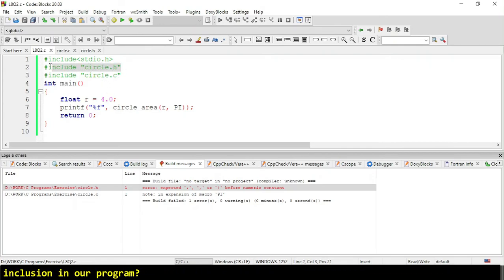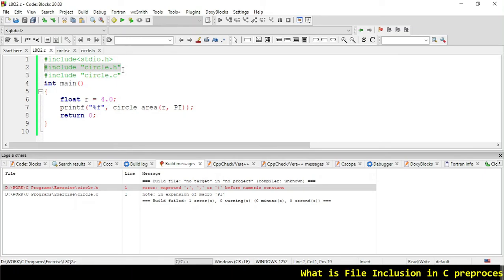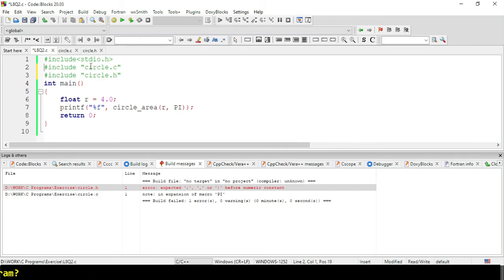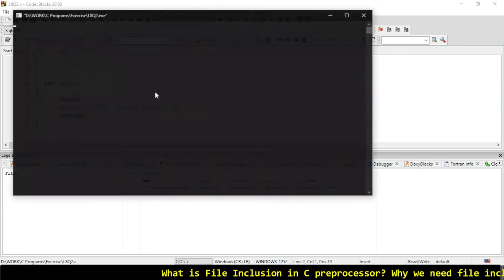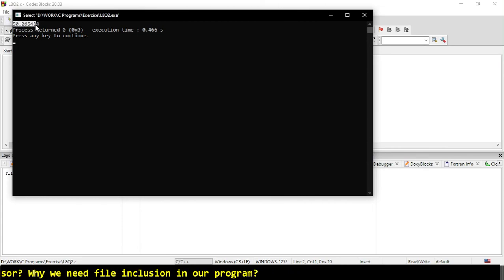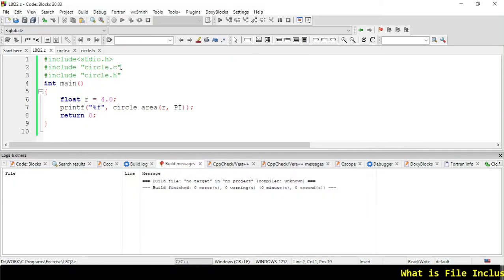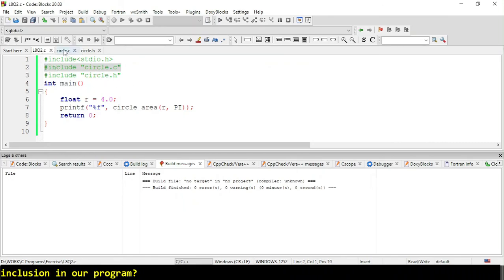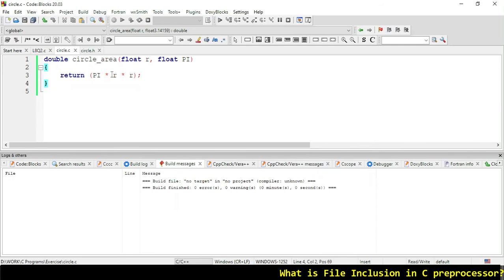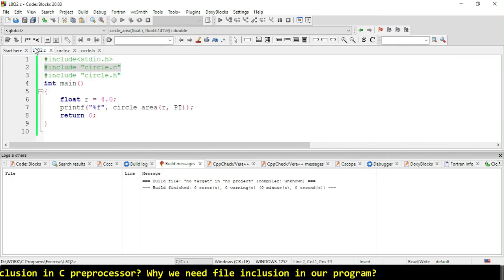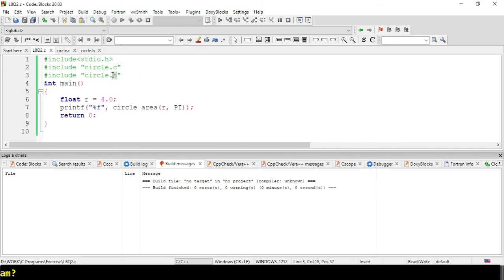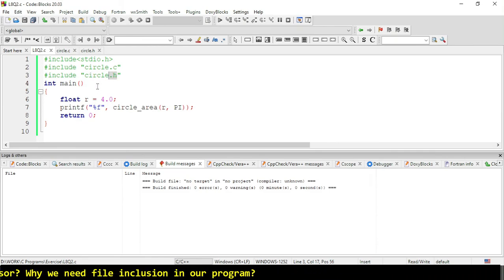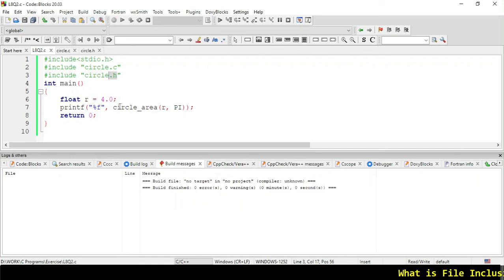Catch this one. We have to write it after the circle.c. Now it will work fine. Yes, as you can see, it is showing the area of circle. So that was my mistake. I have to write .c earlier before .h. I don't know why, but it is not working if we put .h above the circle.c.